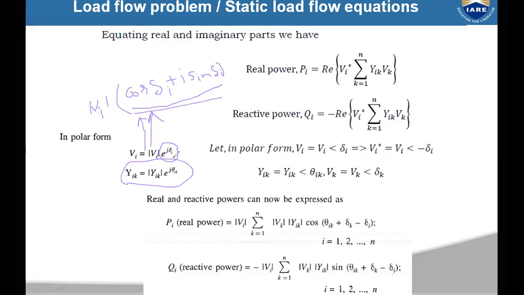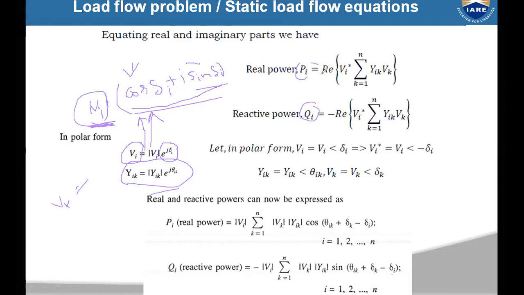This is the trigonometric formula, right? So this is Vi. For Vk, Vk is equal to magnitude of Vk, from the same equation, in place of i you will get k: magnitude of Vk cos delta k plus j sin delta k. Now if you observe, this is the real part and this is the imaginary part. That means magnitude of Vi into cos delta i is the real part, and magnitude of Vi into sin delta i is the imaginary part. So now to get the real power Pi and Qi, you have to separate them. Okay, real power.